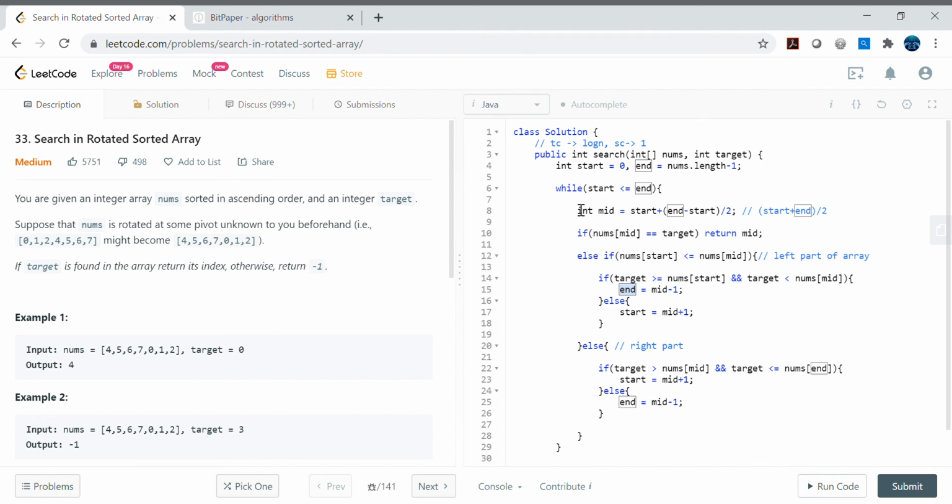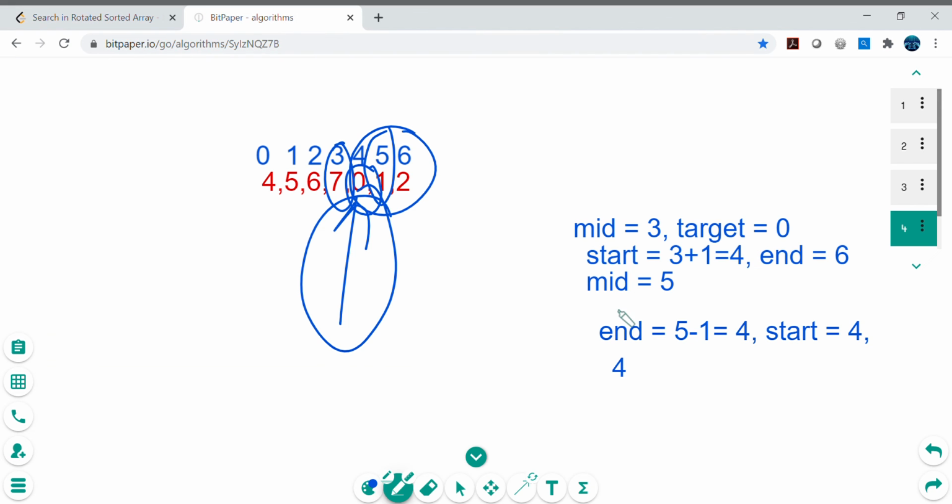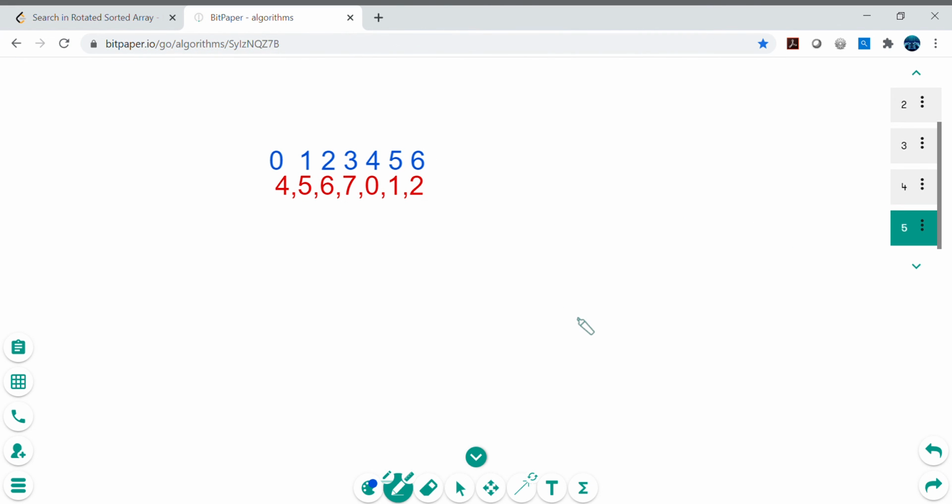So we will still apply the same template. We check whether start is less than or equal to end, calculate the mid, and if mid is equal to target, we go ahead and return mid. Otherwise, let's check if the target is on the left part or the right part. To check the left part, we just need to make sure that the left side array is sorted or not, right? Because there might be some edge cases where the left part might not be sorted, as I explained in a very earlier section of the video.